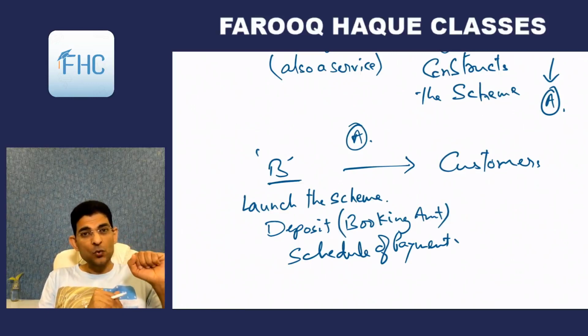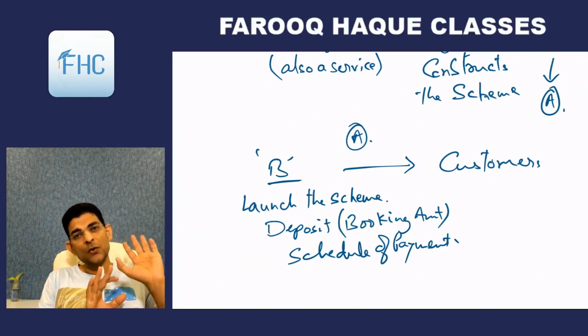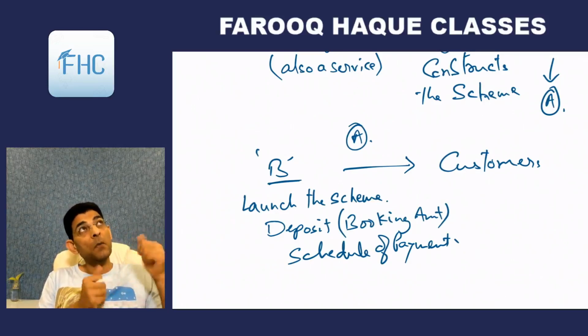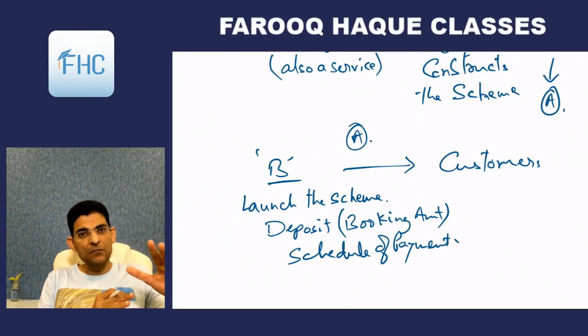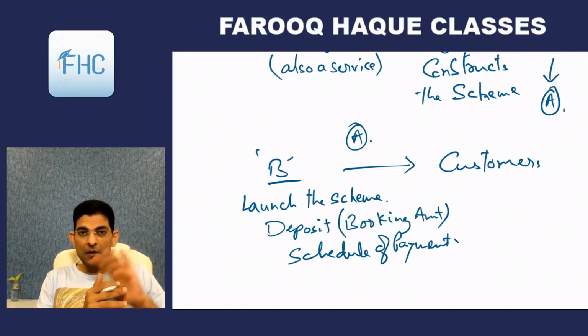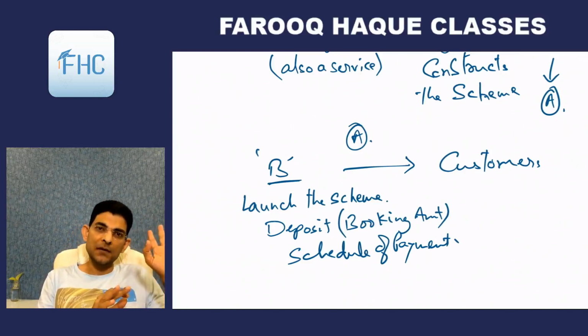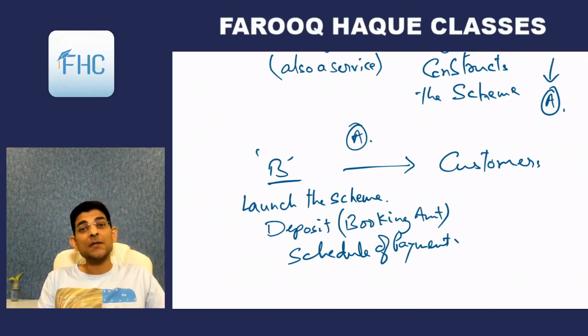If I sell off the flats to you in the construction phase itself, and the occupation or construction completion is later on, or it can be the reverse. I have completed the whole building with my own money, did not sell any flat to anyone, got the occupation or completion certificate from the departments, and then I sell these flats to people. So there can be two alternatives: first you complete the whole project, then you sell, or you sell off and you keep completing it. Now the question is, in which case is GST applicable?